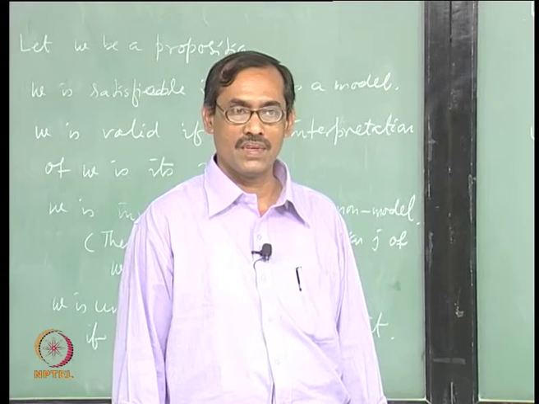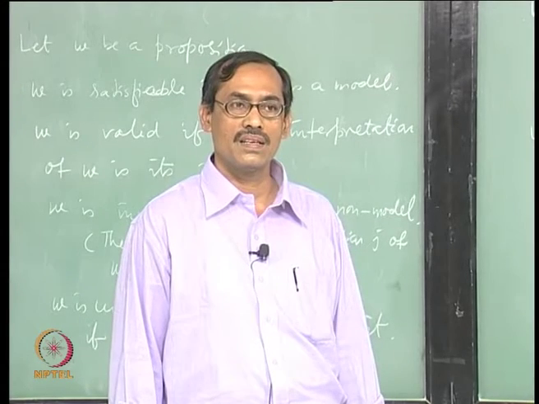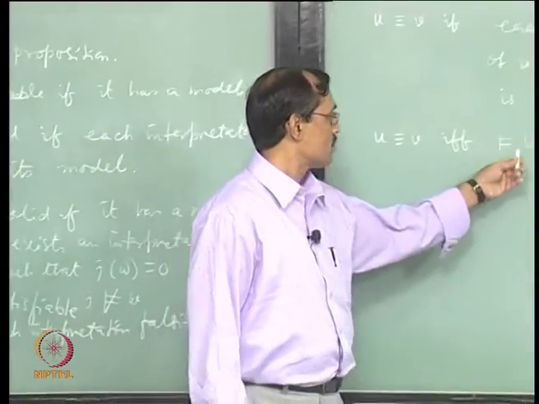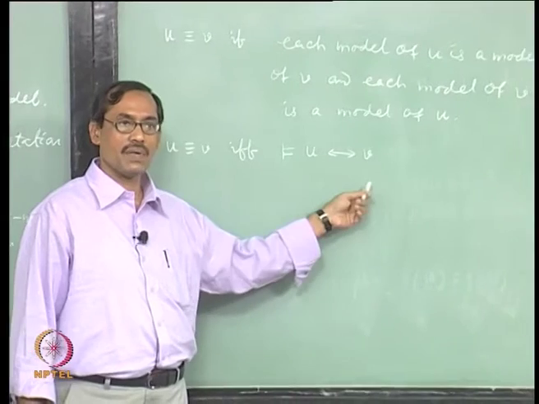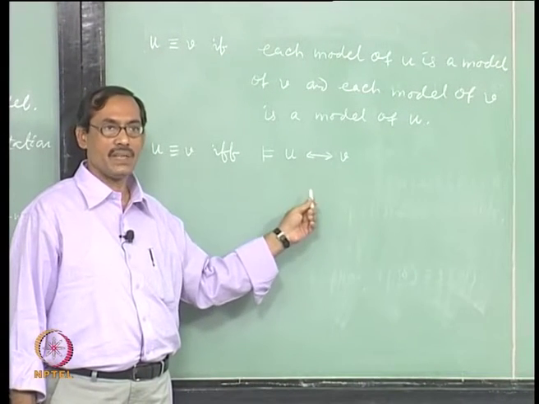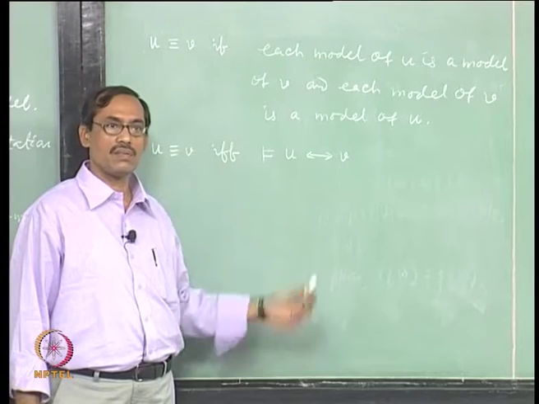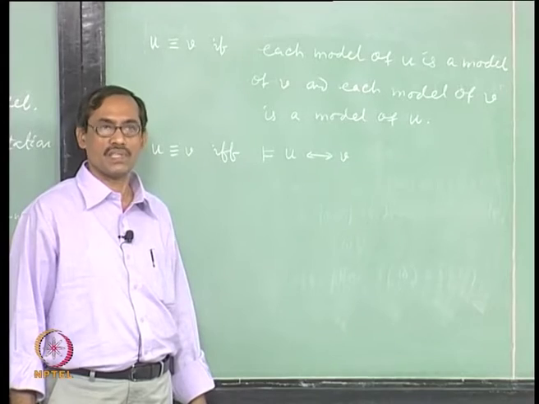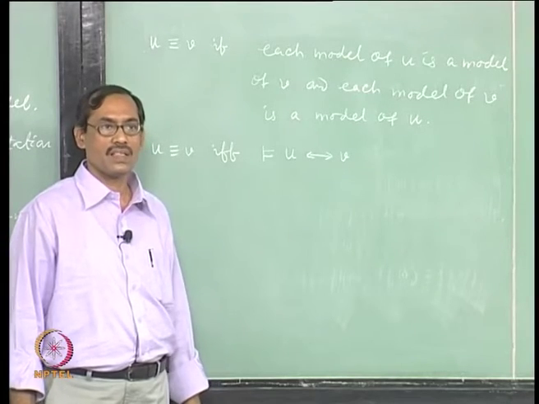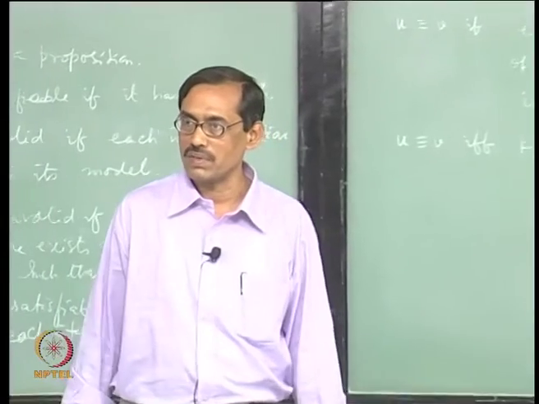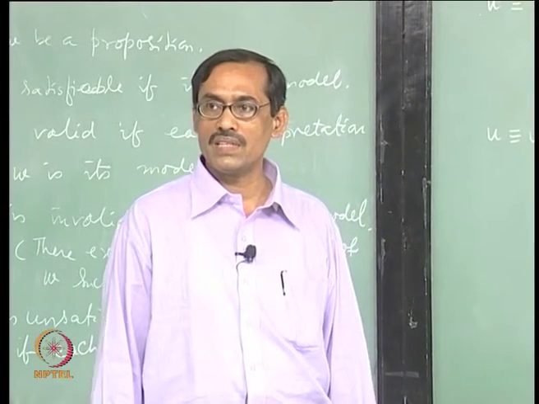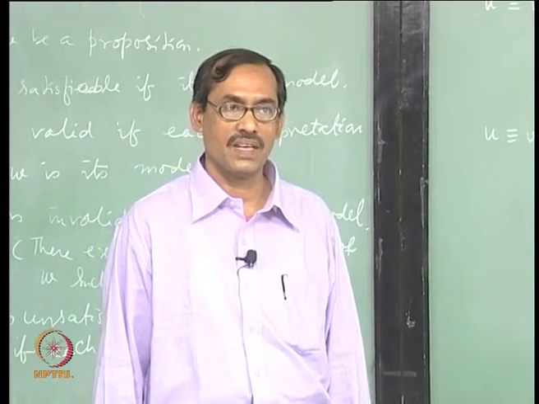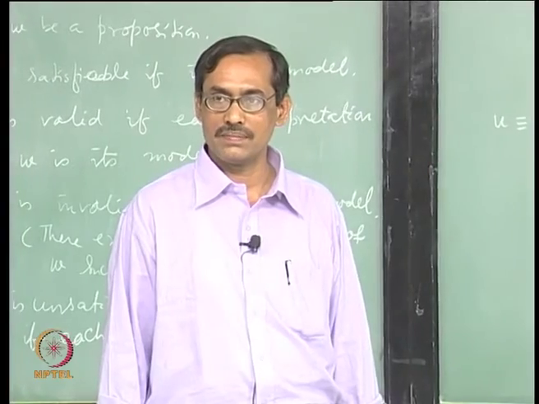So, both the things are the same, or you can get it from the truth table directly, in the same way, right. It will take only 4 lines. Though u and v are not propositional variables, you can still have a truth table, because under any interpretation u gets either 0 or 1, similarly v gets either 0 or 1. So, there are really 4 possibilities. It is not a truth table in the sense of starting from the propositional variables, but it is just 4 cases we are showing in a truth table, fine, and then you can conclude about it easily.